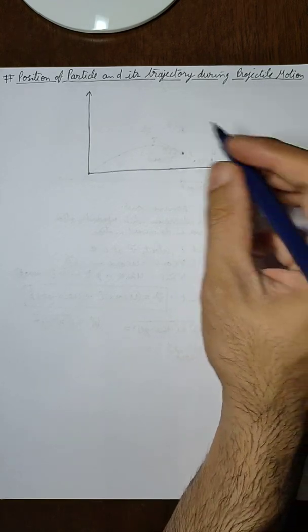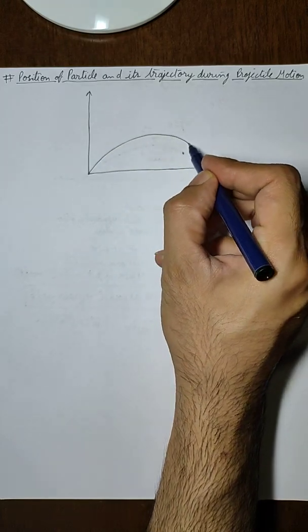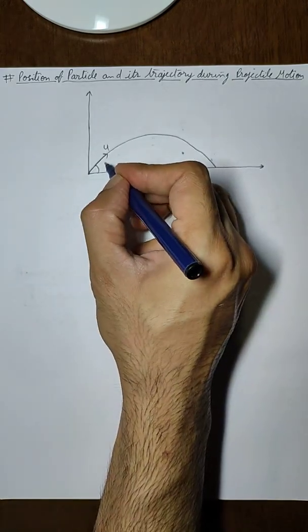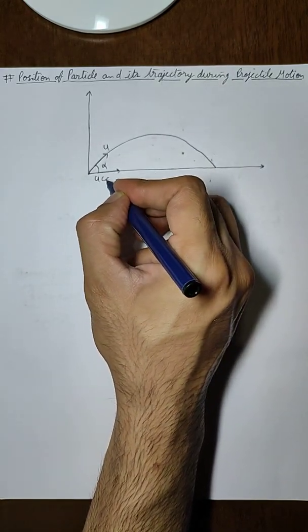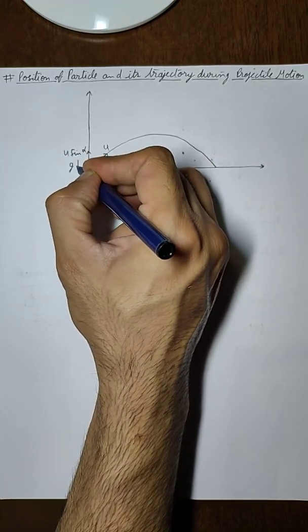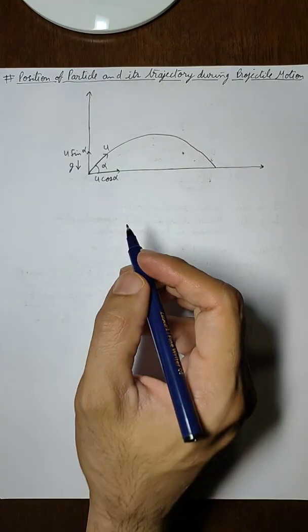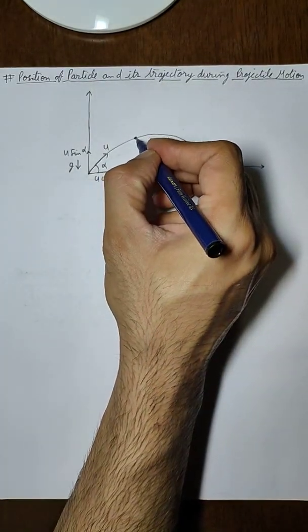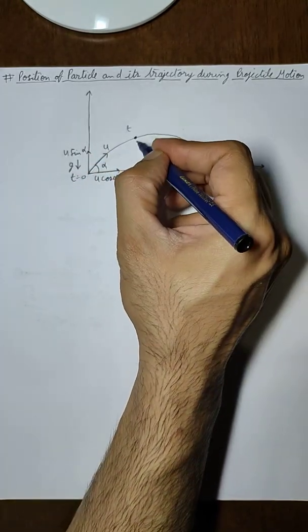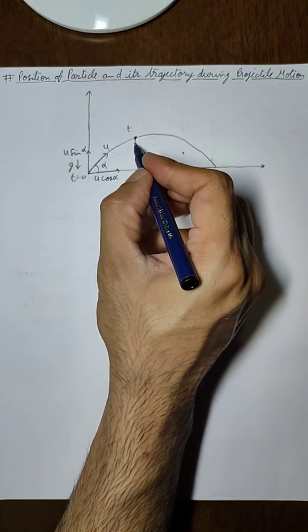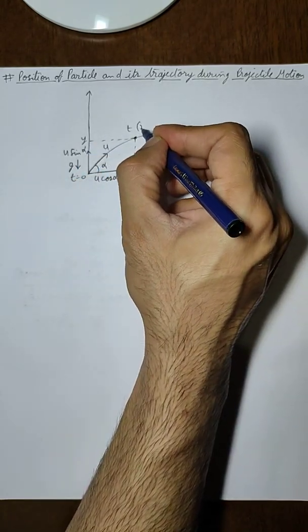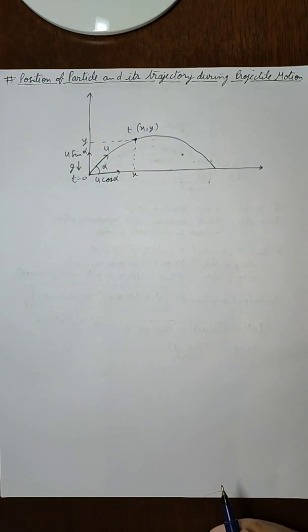So we are going to find that. Let us say this is our projectile motion with initial velocity u at an angle alpha. So the horizontal component is u cos alpha, the vertical component is u sin alpha, and there is an acceleration due to gravity in the downward direction. Now let us say that at any point after a time t, if this is time t equals 0, then after a time t the position of the projectile is here, so it will have some x coordinate and some y coordinate. So this position can be given by the xy coordinate at this point.